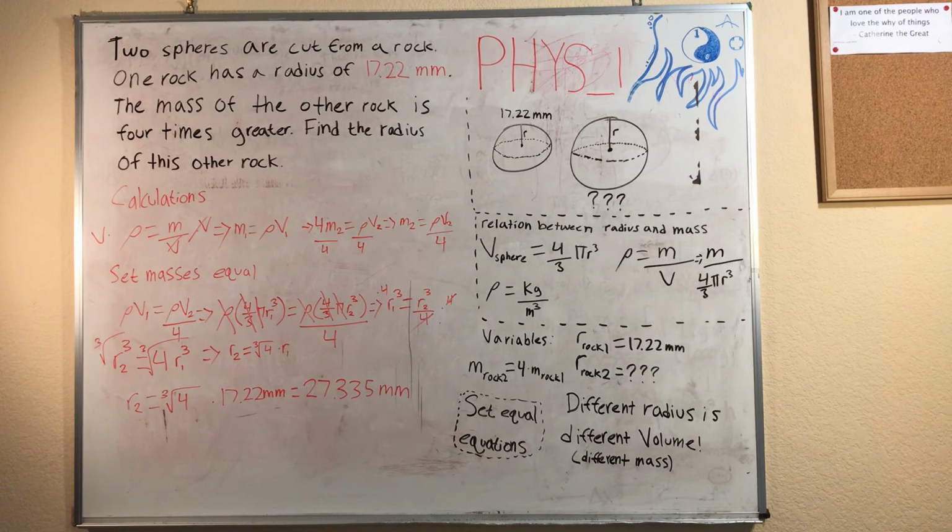27.335 millimeters. So after solving our relationship, we found that our rock sub 2 has a radius of 27.335 millimeters at 4 times the mass of just rock 1,